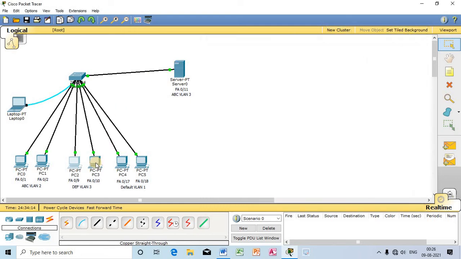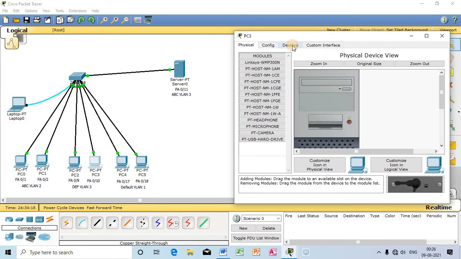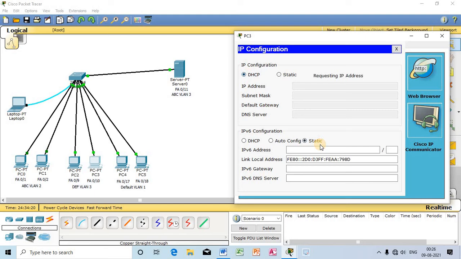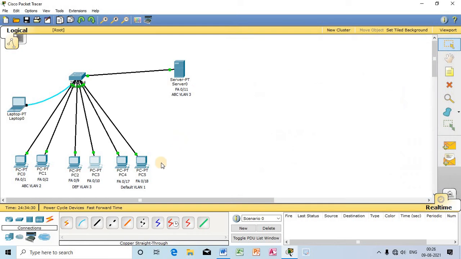So let me request an IP address for PC3. Watch out, see, very quickly the server has responded and sent this IP address for PC3. But again, these two computers belong to a separate VLAN, that is the default VLAN.